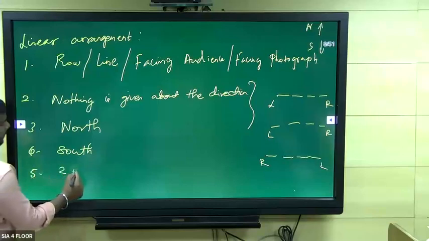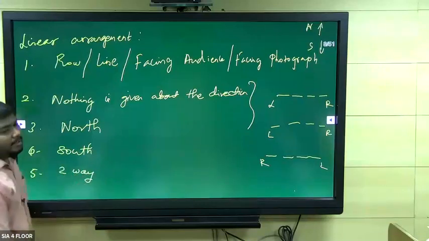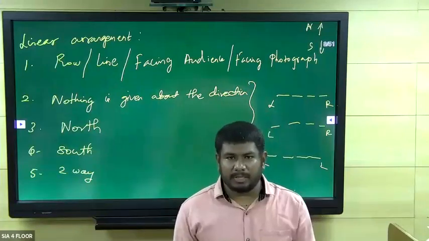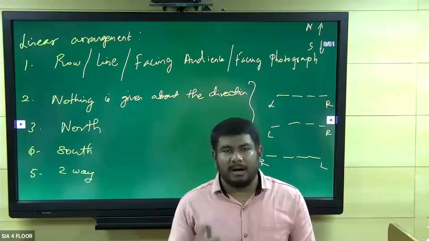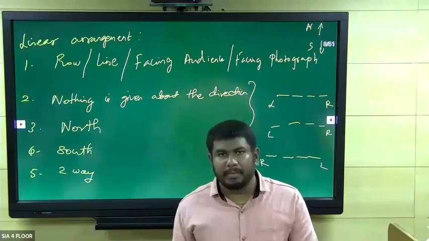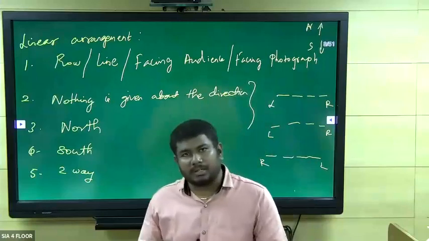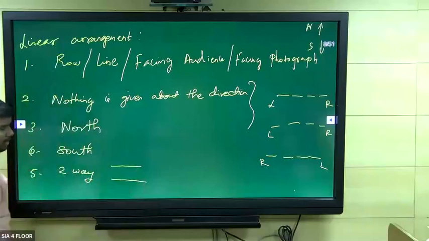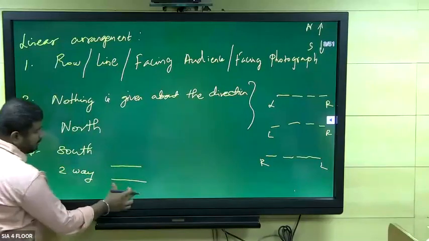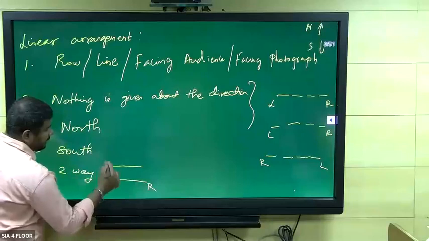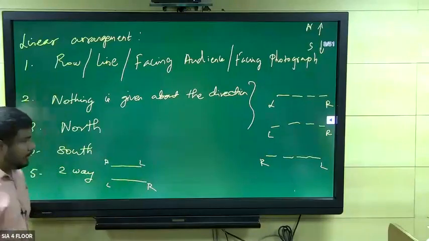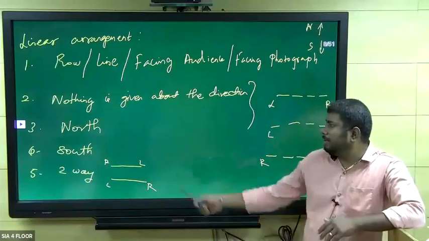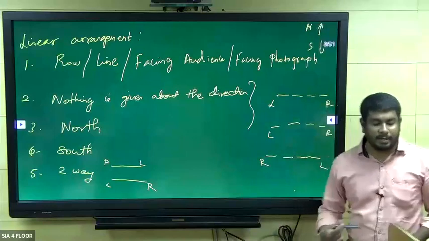And the fifth one is two-way. Two-way is like a one-on-one interview session, where there are two persons and the direction changes for each person. Or in a debate competition, one team will be here and another team will be here, so the direction of both teams gets changed. For example, listen here. If two teams or two persons are facing each other, this is your right and left, and that is theirs. We need to assume like that. This is very important in linear arrangement.